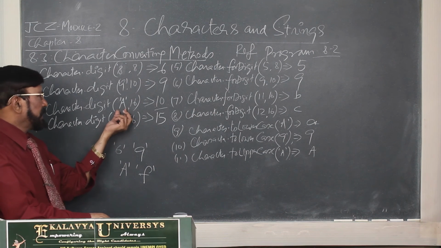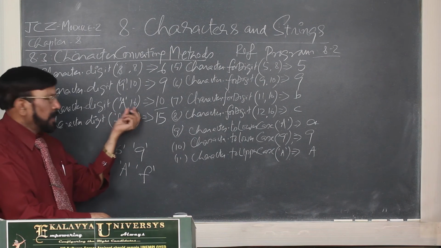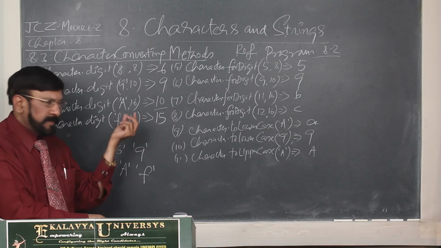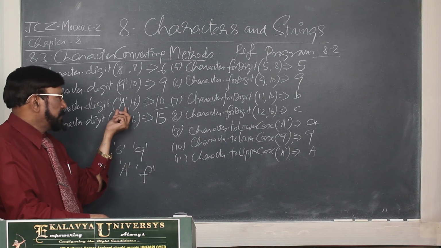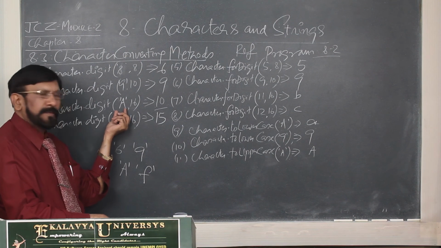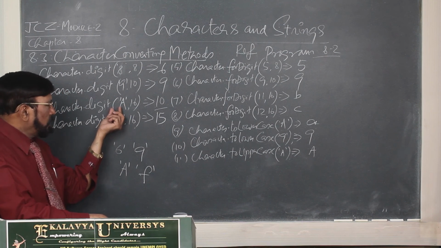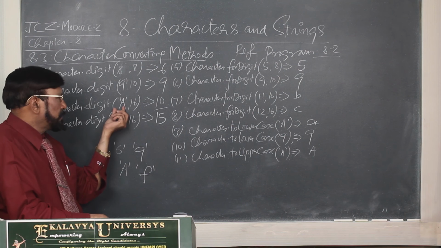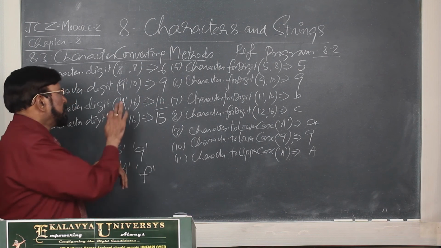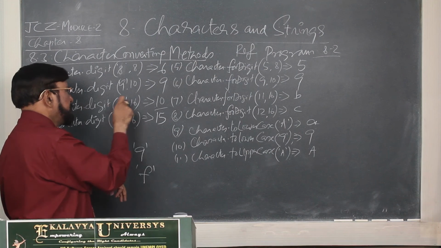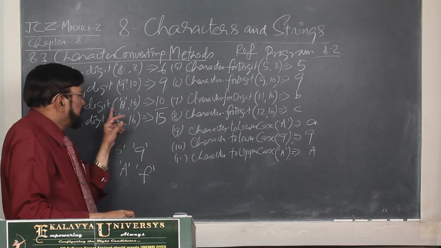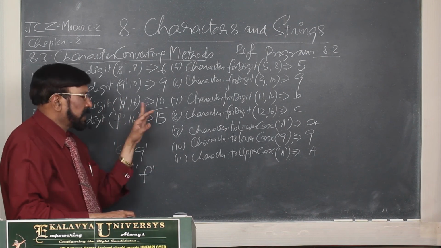And here you see A, 16. Here what is the meaning? In hexadecimal system, what is the value of A? How is the value of A represented? 10. Suppose up to F it is valid. Now you have given H here, that is irrelevant. Then null character is returned.